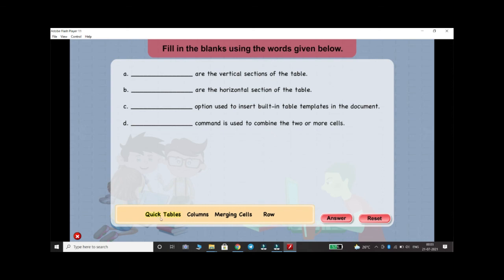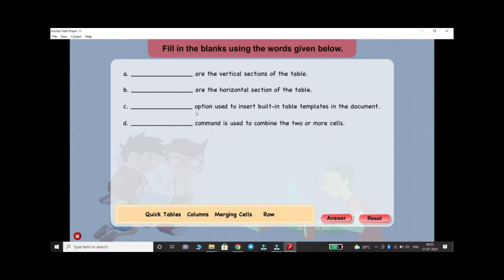Fill in the blanks using the words given below. Here we have some options: cube tables, columns, merging cells, row. First question. Dash are the vertical section of the table. So what is the answer? Columns. Second question. Dash are the horizontal section of the table. Answer is row.